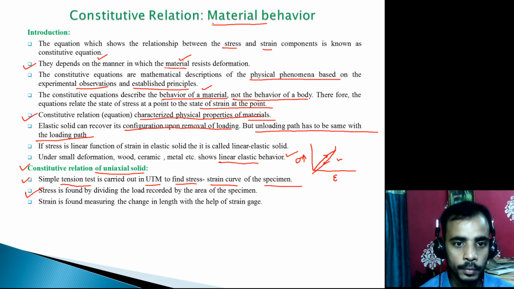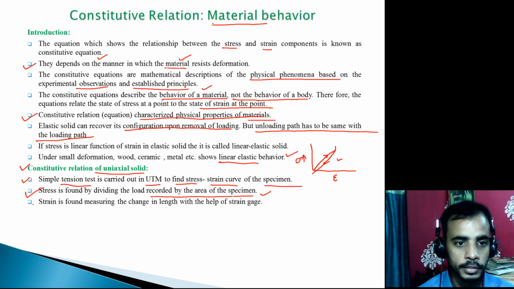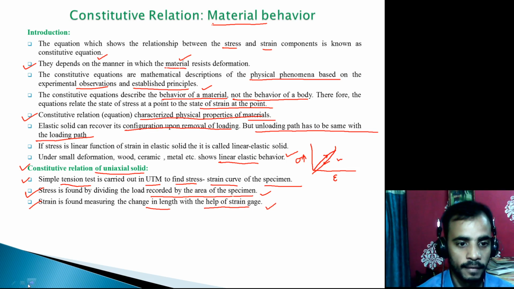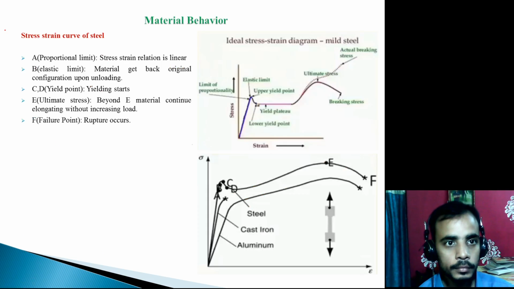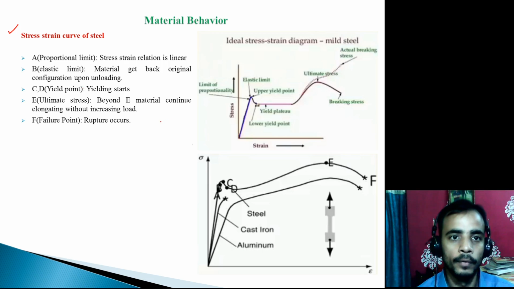The stress is found by dividing the load recorded by the area of the specimen. Okay, and strain is found by measuring the change in length with the help of strain gauges. Now we will find the stress strain curve for